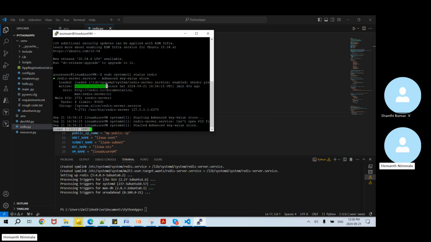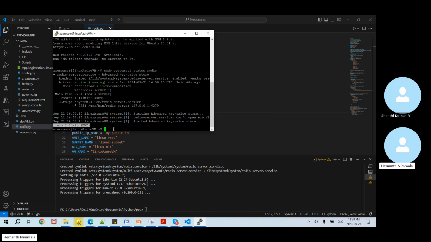So unlike earlier demos where we used Apache, where you can directly go to the browser and give the IP address with the port and see the default page, in Redis there's more configuration that is needed. But another thing we can verify here is that it actually runs on a port. It's a default port. So we can try connecting to that